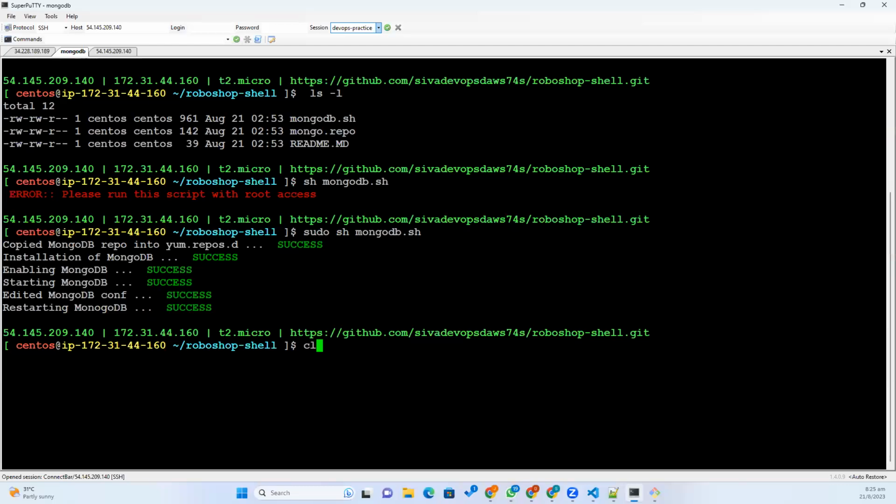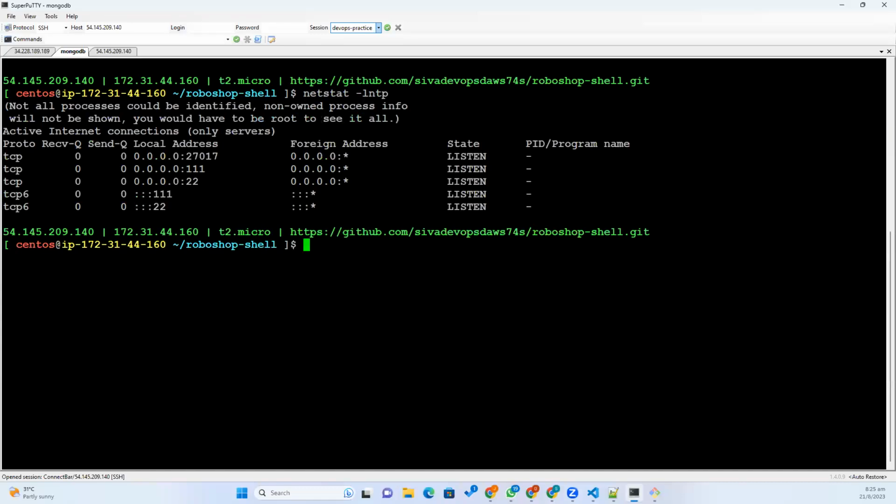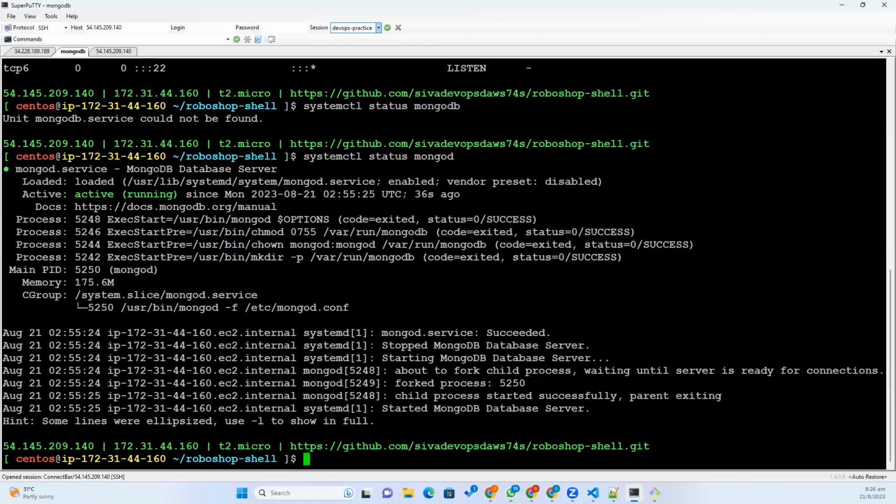Now to get the confirmation, what you have to run here, netstat -lntp. Okay, you can see it is not 127.0.0.1. And then systemctl status mongodb. So MongoDB is running. Okay. Just the same way you can install